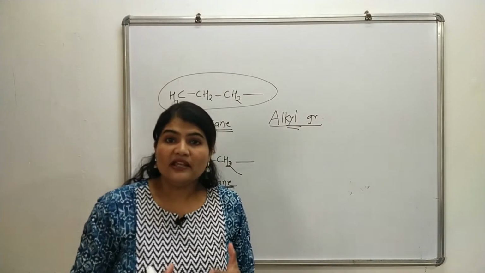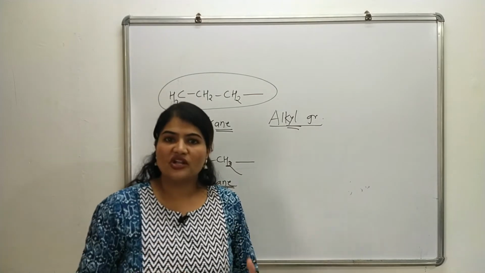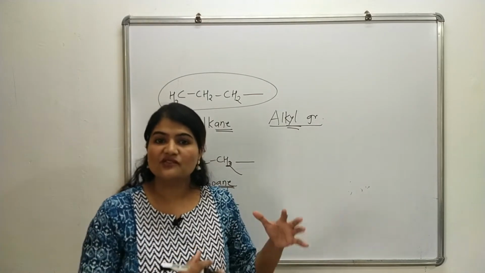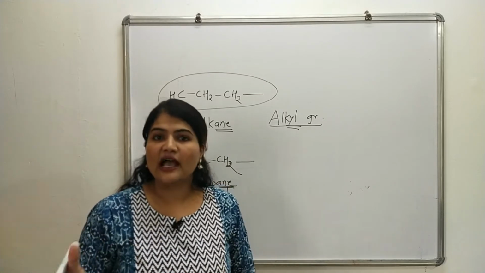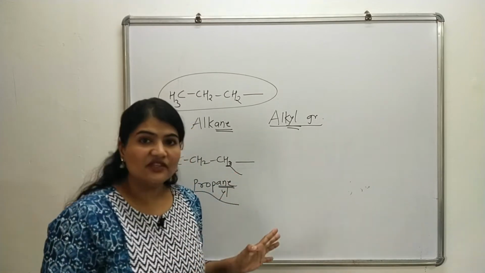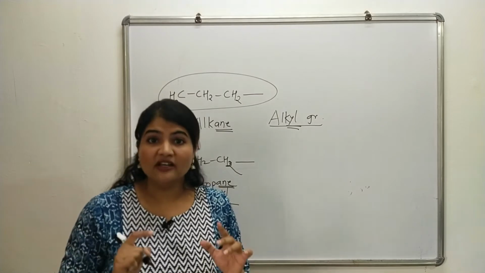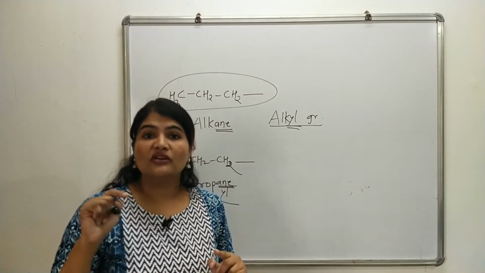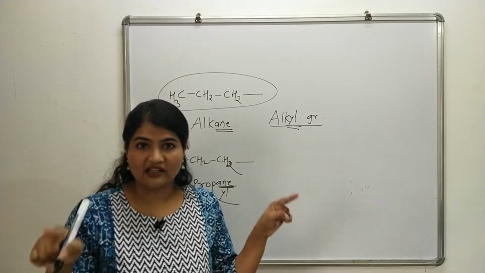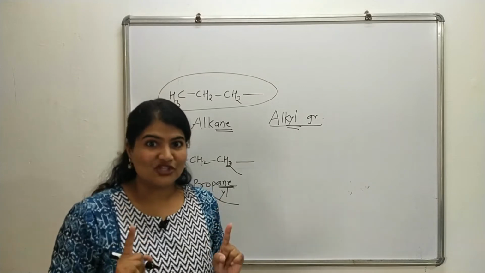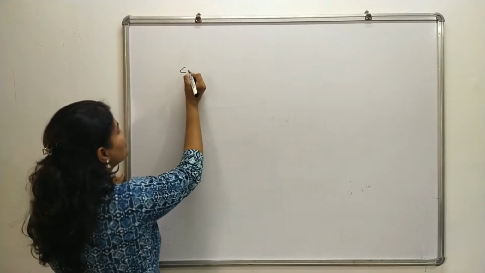Now, the simpler alkyl groups, straight chain as well as branched chain, are given some trivial or common names. So first we will discuss the common names, and for complex alkyl groups we have to go with the IUPAC nomenclature system. In this video we are going to discuss everything about the nomenclature of alkyl groups and also how you are going to write the name of the alkyl group in the entire name of that particular compound. So keep watching.